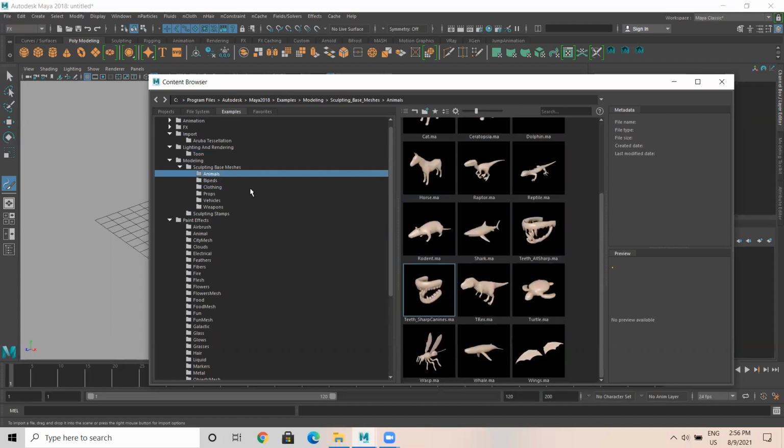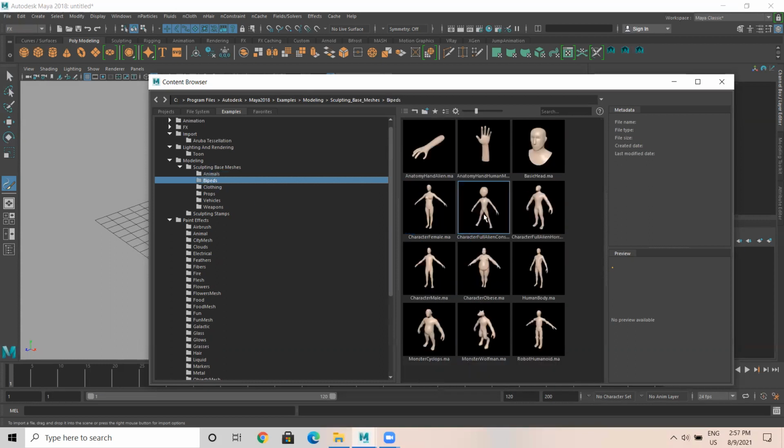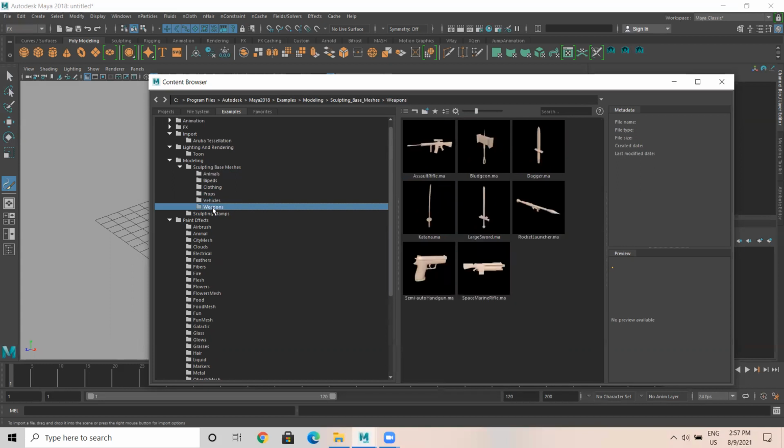There are base animals here, bipeds, some animals like this.